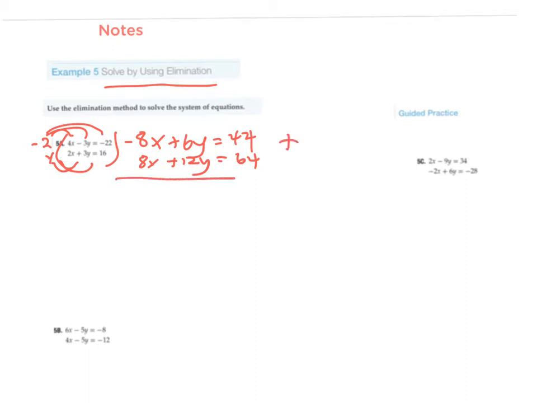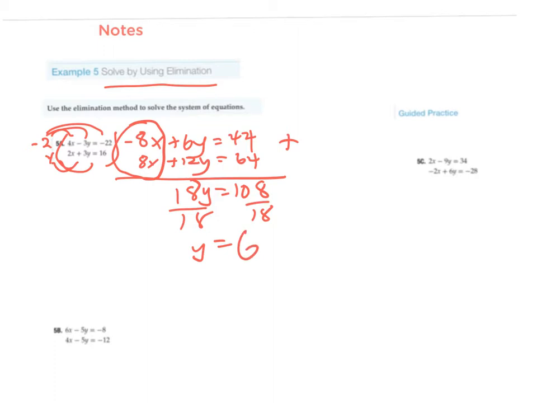After you multiply, you're always going to then add. By doing that, these two will always cancel out because they're opposite signs. So it's always going to go to 0. So I'm just going to add the y's, which will be 18y. And when I add, I'm going to get 108. So then I'm going to divide to get my final answer. I divide by 18. Divide by 18. So y equals